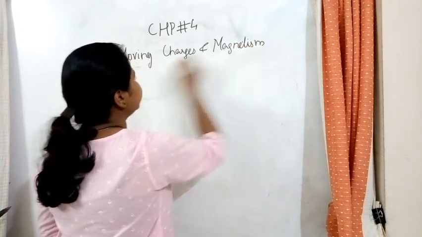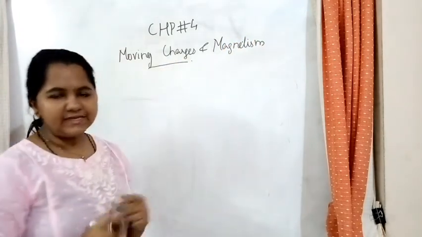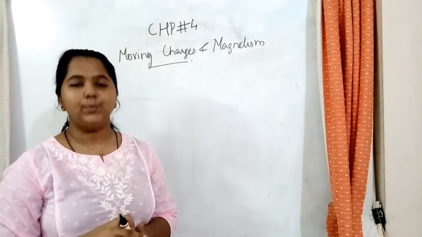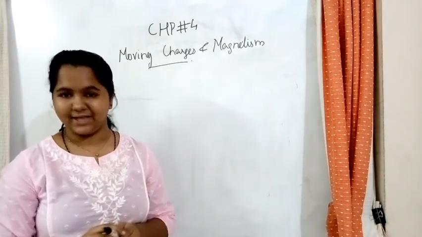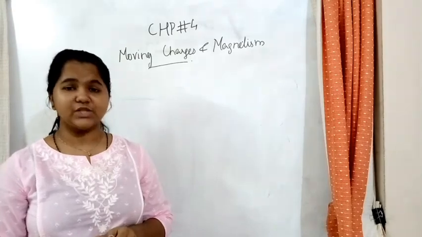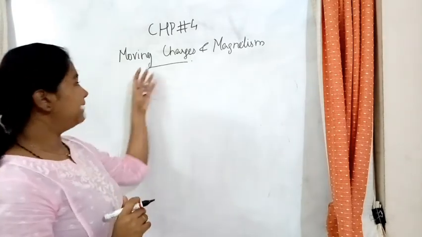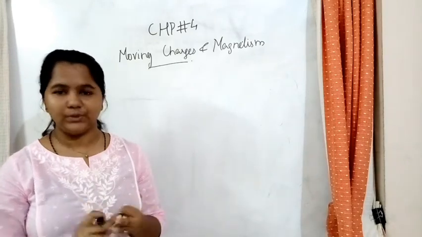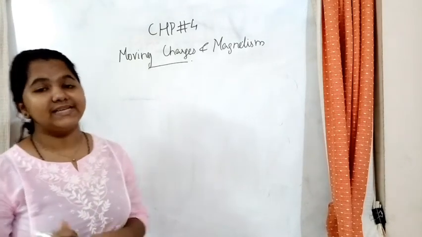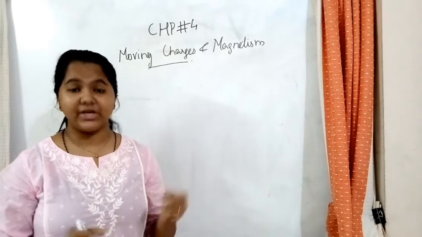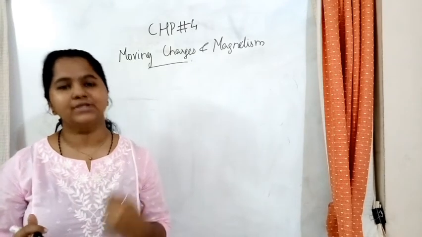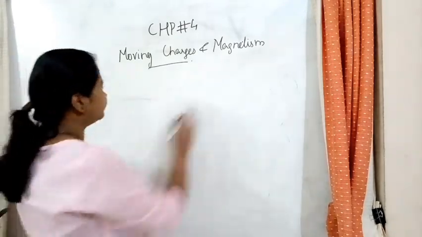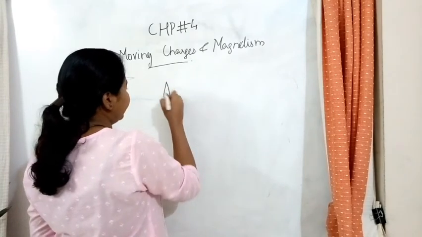So let's see. In the previous session, what did we deal with? We dealt with what is Biot-Savart's law. We also dealt with many points that come under magnetism. We discussed what is magnetism, what's a magnetic field, the units, etc. So now let's see some of the applications, some equations for the applications of Biot-Savart's law.